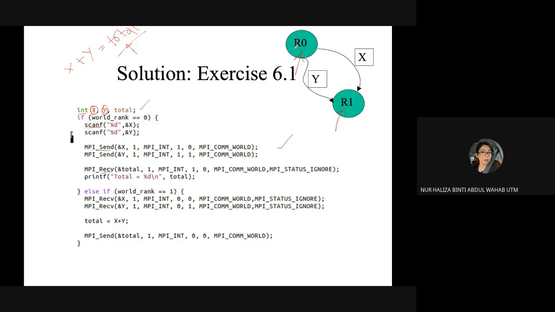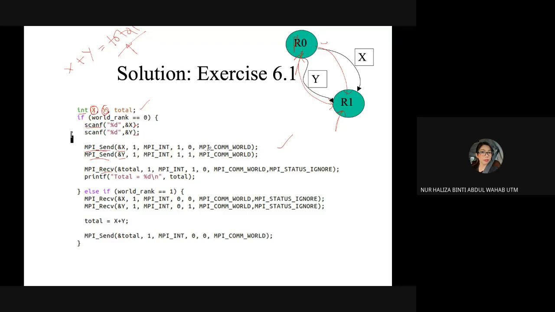Your P1 over here is R0, is okay. R0 and R1 will send X and will send Y value. It will be a sender. So over here, MPI send X, MPI send Y. You need to see the declaration.